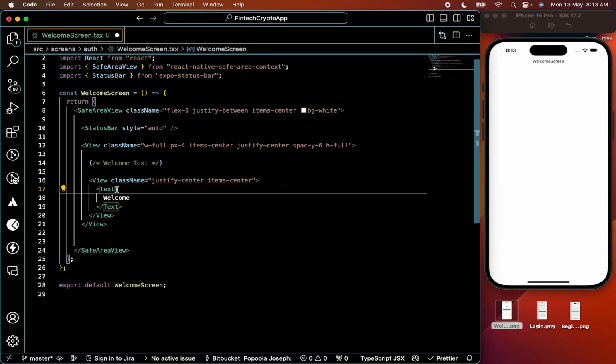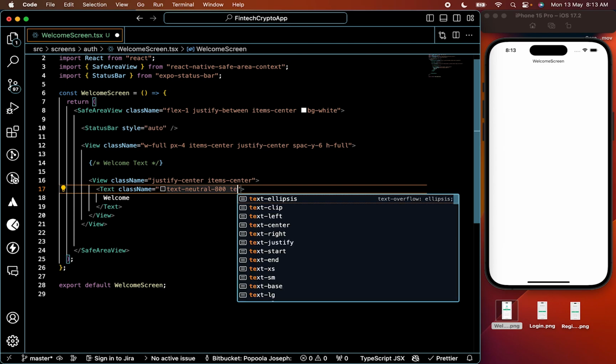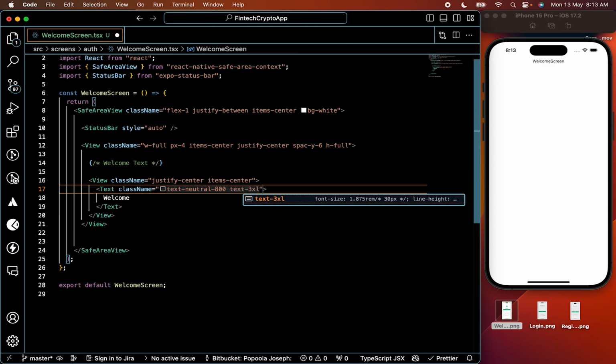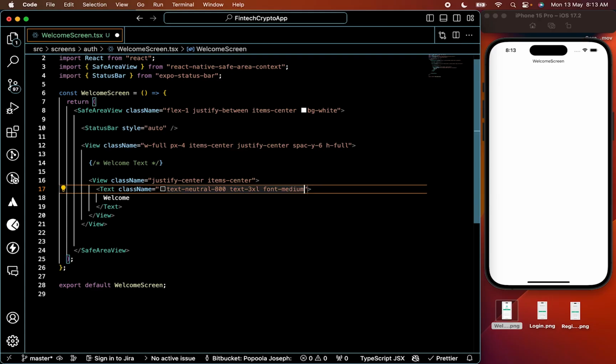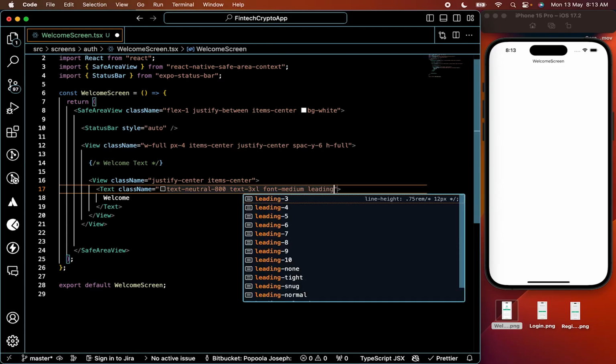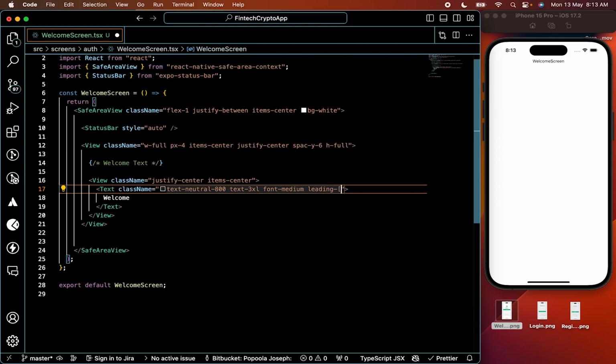So let me just say welcome. And yeah, I can see the className is going to be text of slate 800, text 3xl, font of medium, leading of 60 pixels. And also